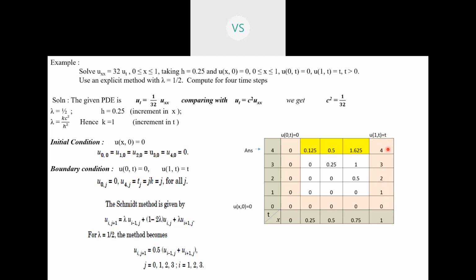In this way you have to plot the boundary conditions first. In this column here we have plotted the initial conditions. Here we have plotted the two boundary conditions at x is equal to 0 and at x is equal to 1. So you can see the pink area points we are knowing. Okay, this we can write from the boundary conditions. Now you have to find the values between this, that is all these values. Now how to find? You have to go step by step.